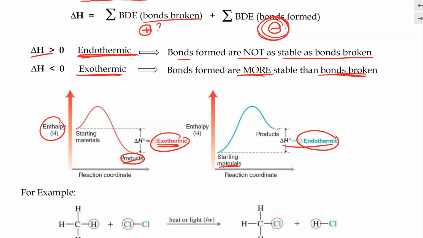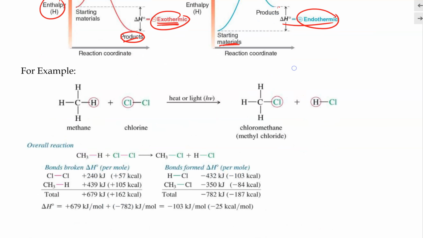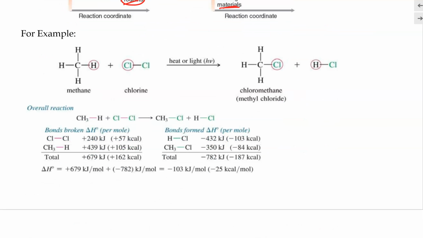Versus if the reaction has a negative delta H, meaning exothermic, then now we have to remove heat from the reaction in order to favor it. So that's the significance to why we need to be able to calculate and understand the meaning of the enthalpy of a reaction. For an example, here is the chlorination reaction of methane that we have previously seen already and